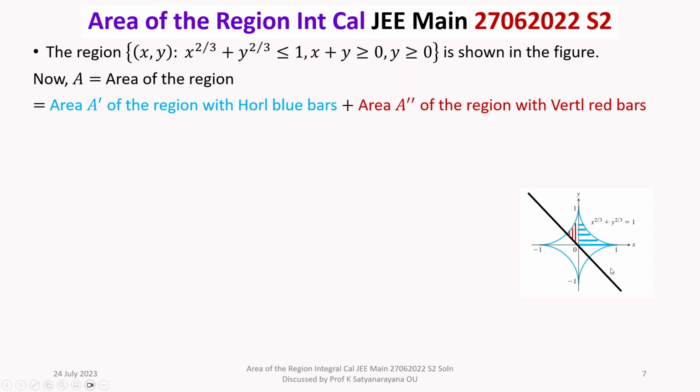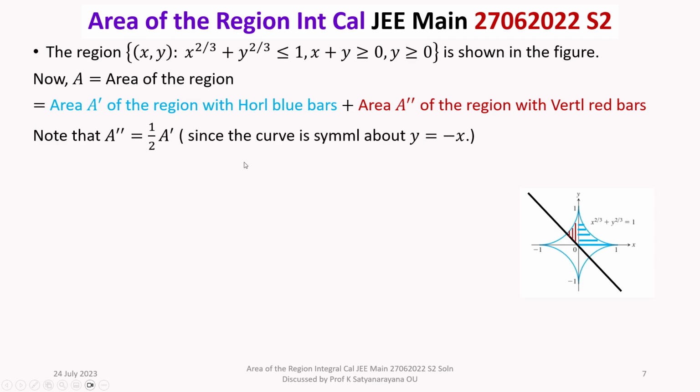They are equal, and this line bisects this one and makes equal areas. So this A double prime is half of this one, which is half of A prime. Notice that A double prime is half of A prime, since the curve is symmetrical about y equals minus x. Agreed. So therefore A is equal to A prime plus A double prime, which is half of A